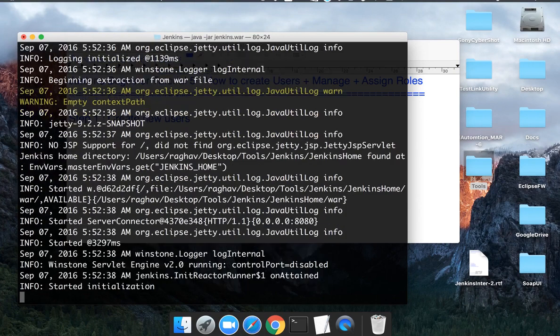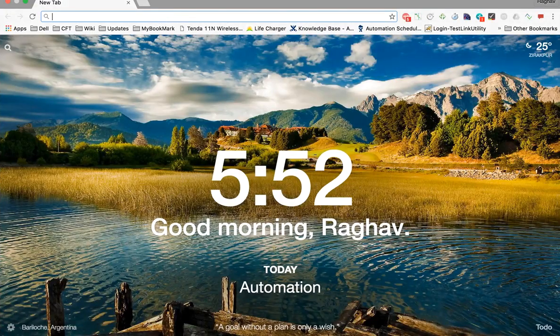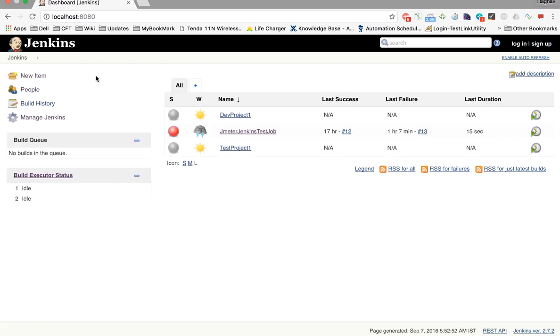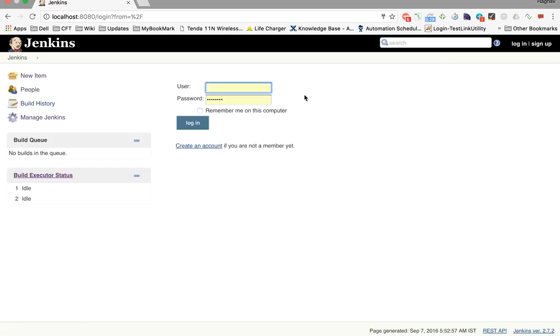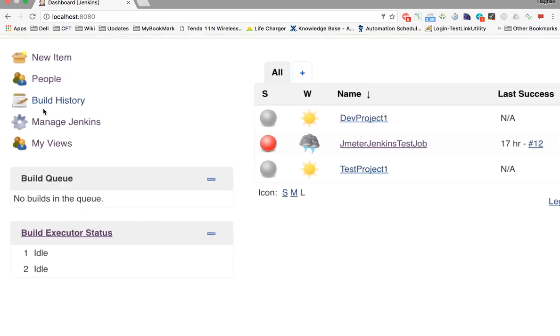Okay, so this will start my Jenkins on 8080. So let me go to my browser and say localhost 8080, and this should show my Jenkins. So yes, Jenkins is getting ready to work, and yes, I can see my Jenkins now, right? So let me log in with the admin user, and admin user is the default user which is created as soon as you install your Jenkins, and the password you can get it from here, although you will be knowing